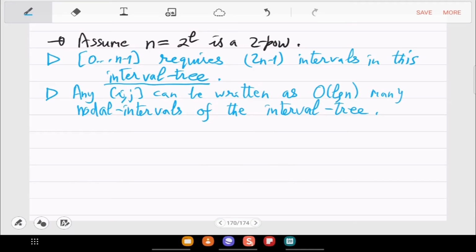So this log n is coming simply because of the height of this tree. Right? The height of this tree is log n because this is a complete binary tree. We are taking n to be power of 2, so it is really complete. It has all the nodes. Its size is 2 raised to L plus 1 minus 1. So for 8, which is L equal to 3, you are getting 15 here. 7 I have drawn and 8 more in the leaves. So 7 plus 8.